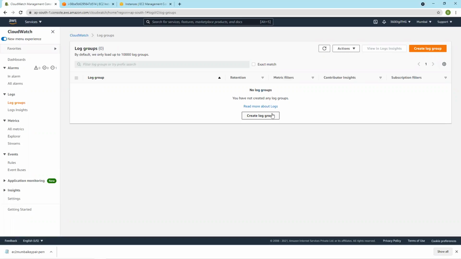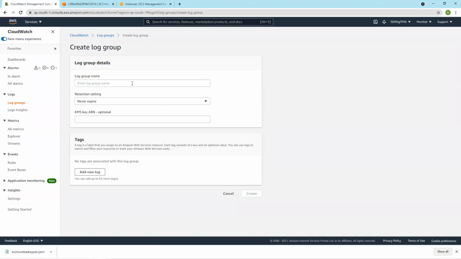Same thing with EC2. Something happening inside the EC2 is a data event. Suppose you are changing the security group of the EC2, or you have stopped or started the EC2, it's a management event. And along with CloudTrail, you can also create a log group here in CloudWatch.